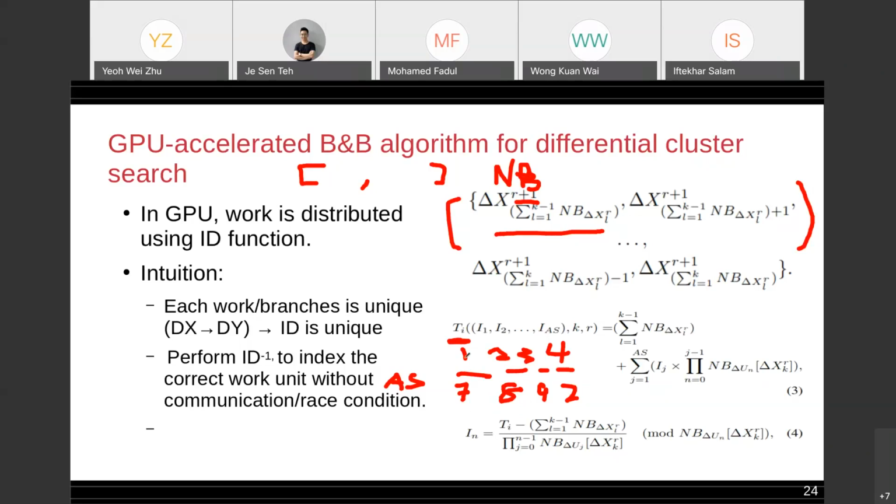For example, maybe you want the 8th item in the combinations. So what you do is it is actually 1 0 1 1 0 0 as the index. So this is an index for that